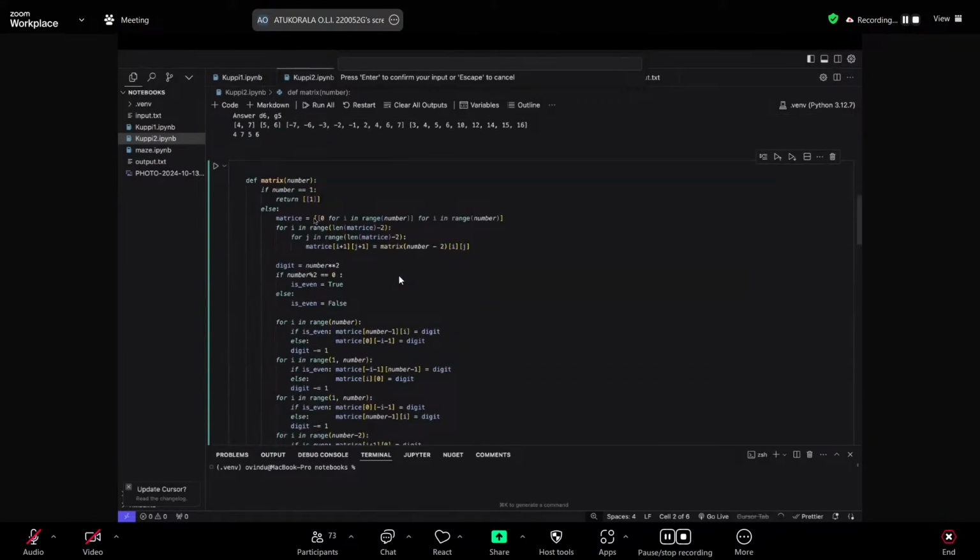If you look at how my thinking pattern was, the spiral matrix is comprised of smaller spiral matrices.